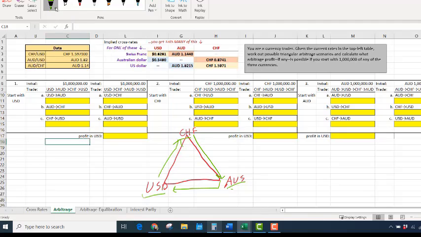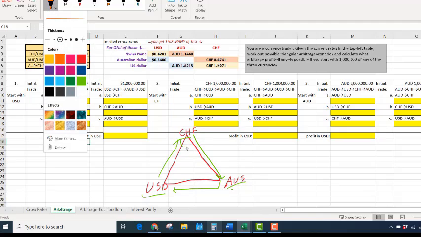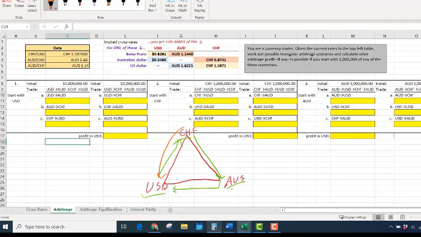Now, we could also start with Swiss francs and move the other way. So we could start with francs, trade them for US dollars, trade those US dollars for Australian dollars, and then finally convert the Australian dollars back to Swiss francs. So starting here, we had 2 possible journeys, clockwise and counterclockwise. And then we could also start here, of course. We could also start here. So we have 3 starting points and then 2 directions of movement. So that gives us 6 total scenarios, all of which I have laid out for us up here